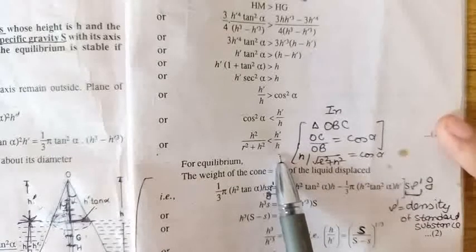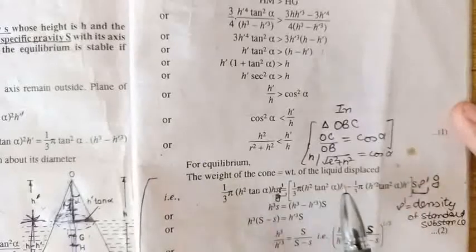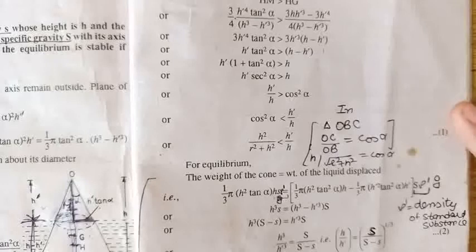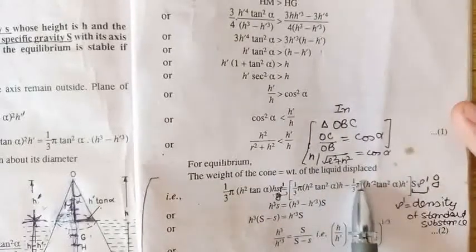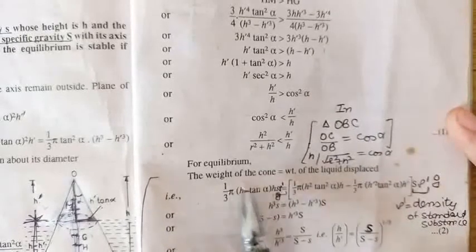Now finally the last step is to apply the condition of equilibrium. According to the condition of equilibrium, the weight of the body is equal to the weight of the liquid displaced. Weight of the body means weight of the cone, and weight of the liquid displaced will be the weight of the immersed part of the body. Now weight of the cone,